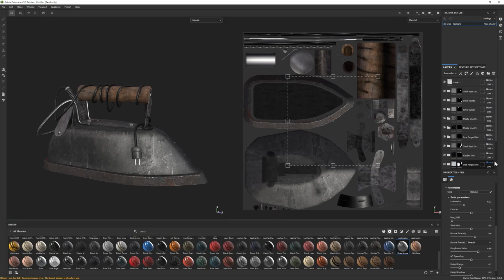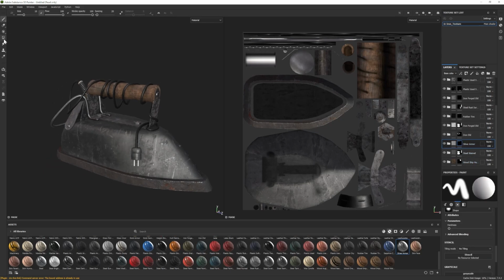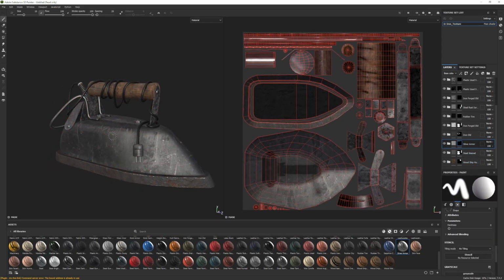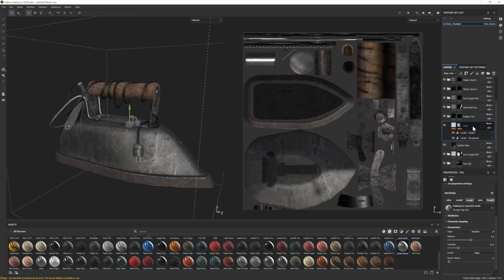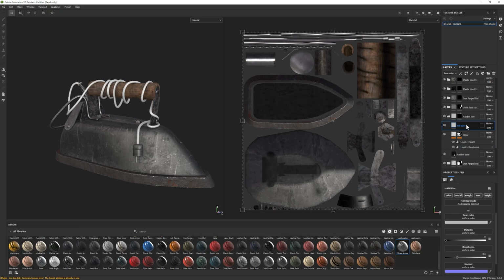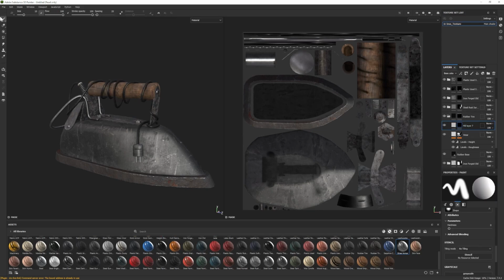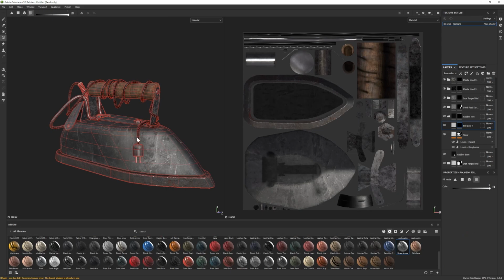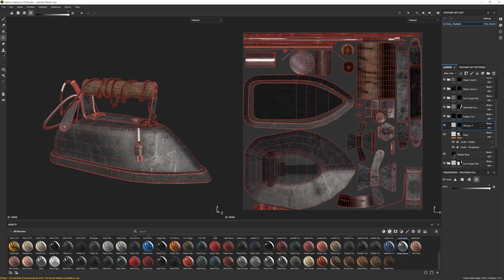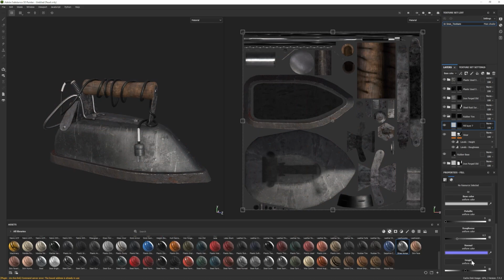Alright, so the materials are looking much better now and the iron is slowly coming together. There's still definitely some tweaking we have to do, but it's getting there. One of the things I did when I was doing the UV mapping was make sure I did some cuts along both ends of this long cord. What I wanted to do, which was also showing in my reference, was have some blue pieces of tape on each end. So since I did those cuts, it's going to make it really easy for me to apply that